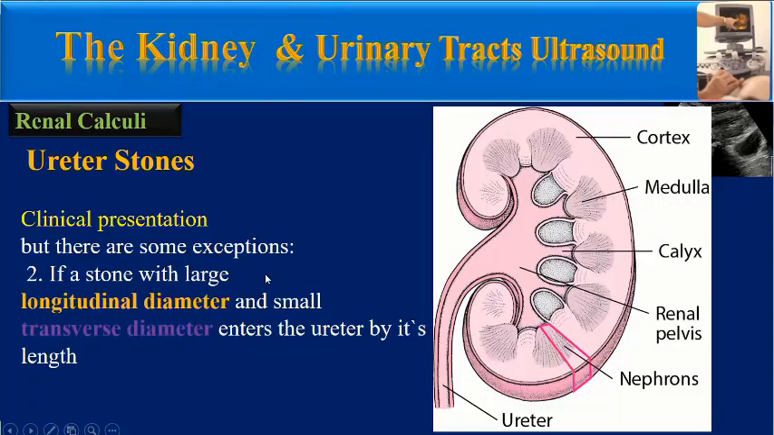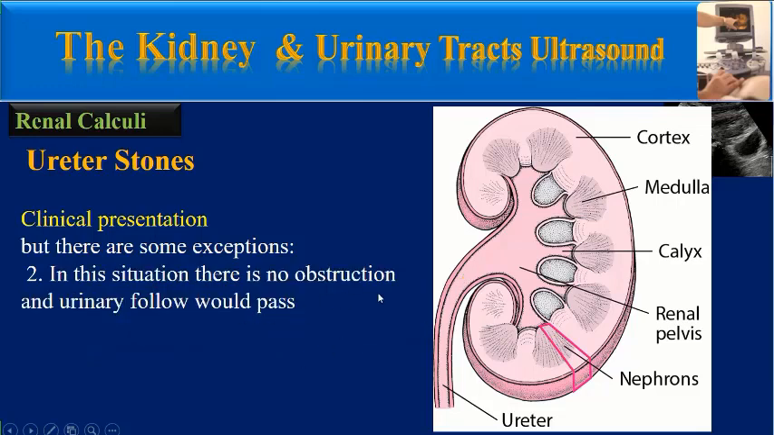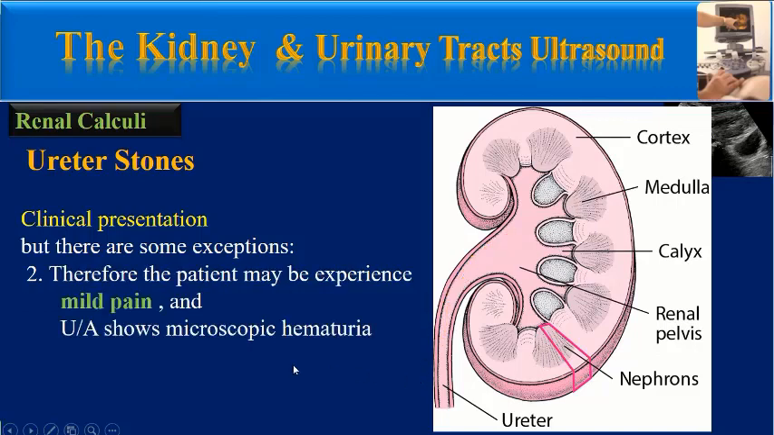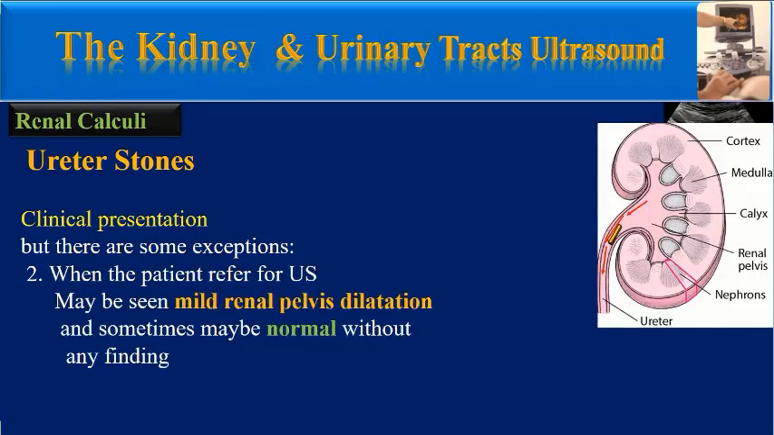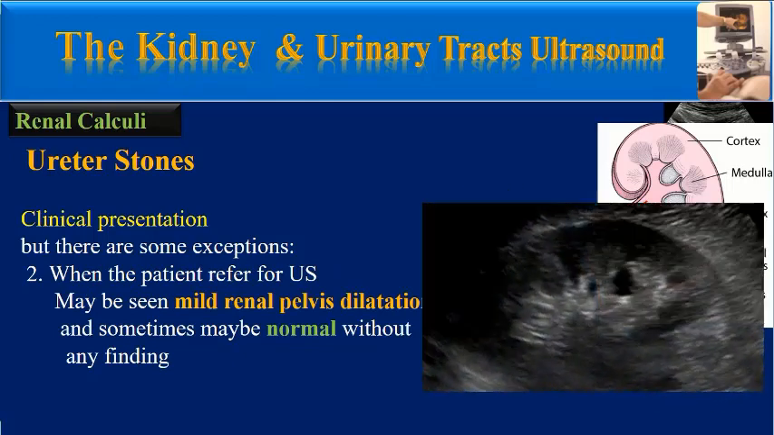But there are some exceptions. If a stone with a large longitudinal diameter and small transverse diameter enters the ureter by its length, in this situation there is no obstruction and urinary flow would pass. Therefore, the patient may experience mild pain and urine analysis shows microscopic hematuria. When the patient is referred for ultrasound, mild renal pelvis dilatation may be seen and sometimes it may be normal without any